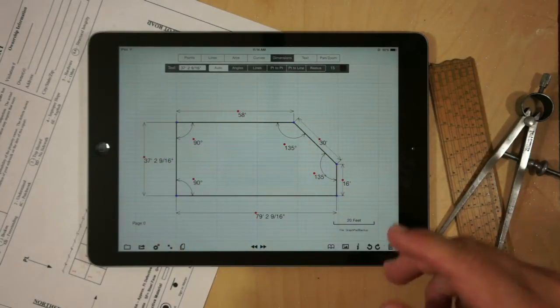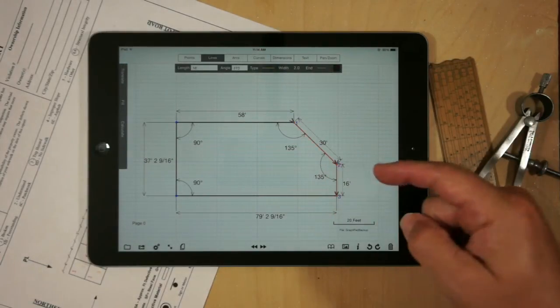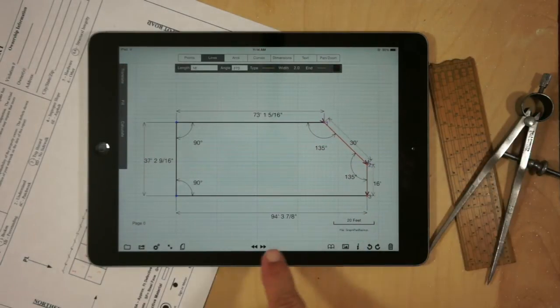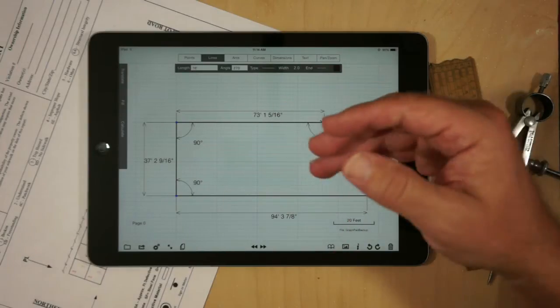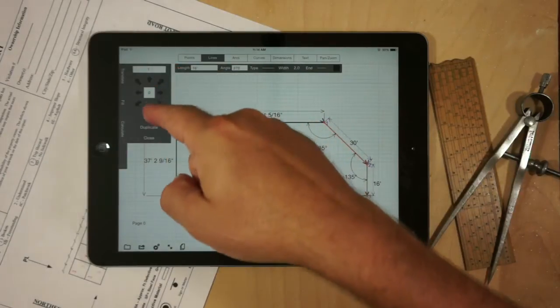Now, to manipulate the geometry, we can go into Lines mode, select a couple of lines, and drag them, and we'll notice the dimensions automatically update. If we need precise translation, we can go into Translate, and then we can type in the value and the